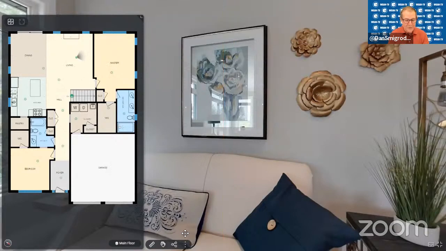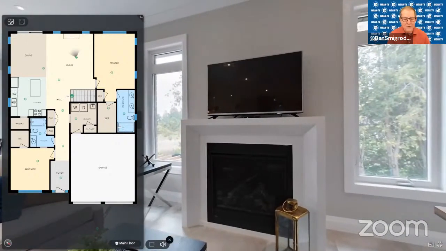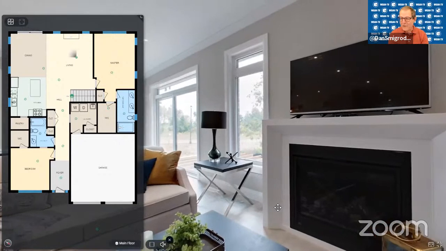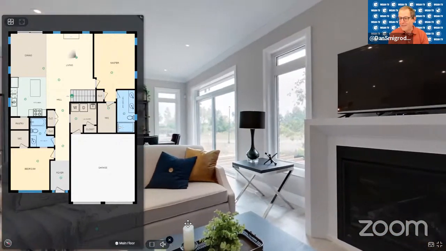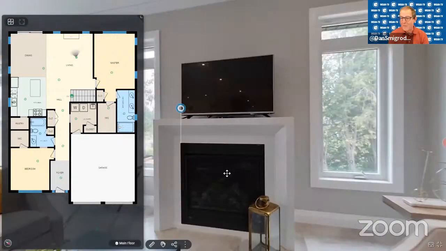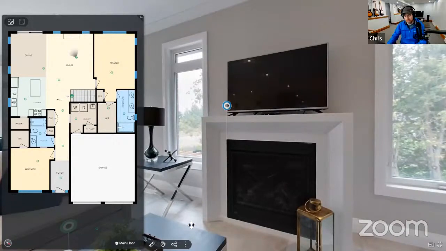What else you got under those dots? All right. What else we got? We got autoplay. It's very exciting. I'll click it. You can watch. So I presume you can set the iGuide to autoplay on the back end when you share the tour, but this is if I was on the front end and maybe I was in the realtor's office and I wanted to put this up on a screen, I could use that tool to enable the automatic rotation. You got it. That's exactly what it's for.